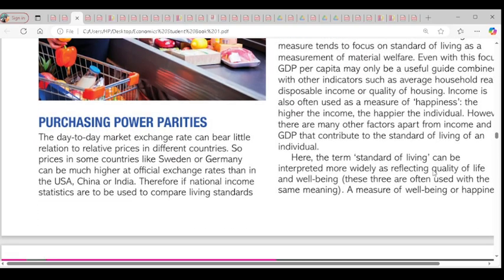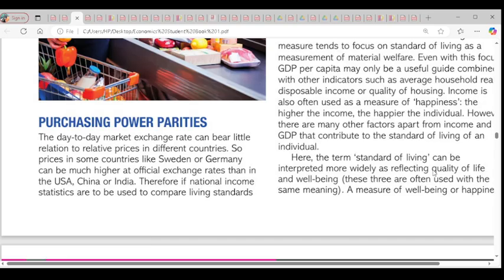Then income. Income is always used as a measure of happiness. Now we go to happiness. Now you know what happiness is. It's a state of mind, right? Okay. So we can use income to measure the state of people's mind. That is the point there. So income is always used as a measure of happiness. The higher the income, the happier the individual. So it's saying that there's a correlation between income and happiness. That's the point. So it is stated that the higher the income, the more the